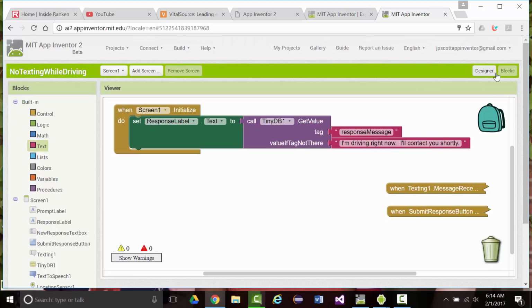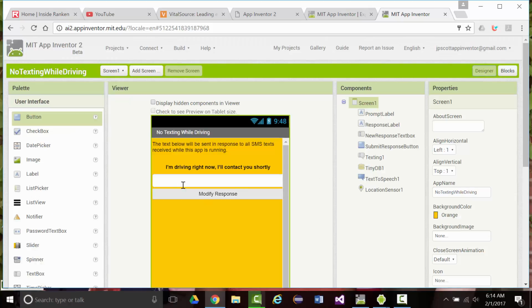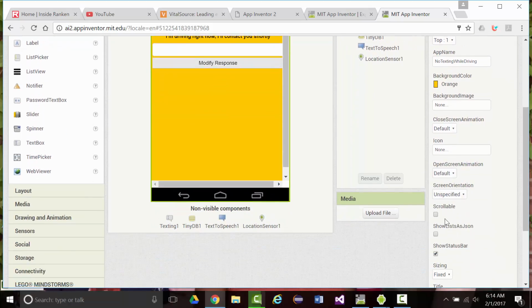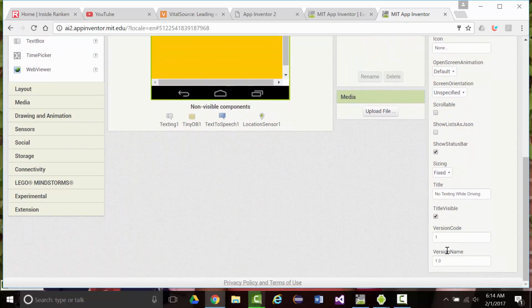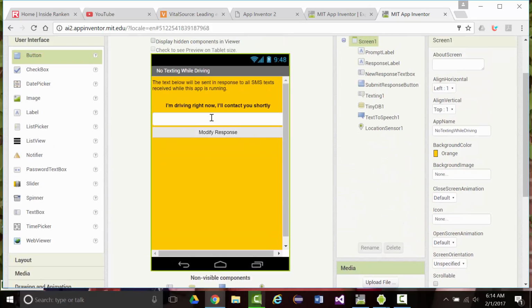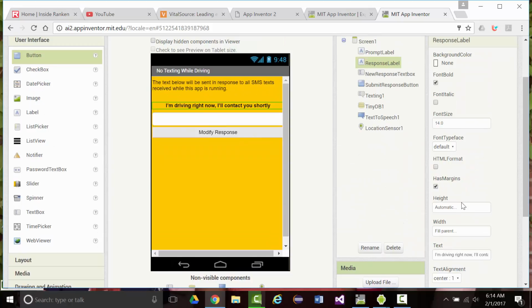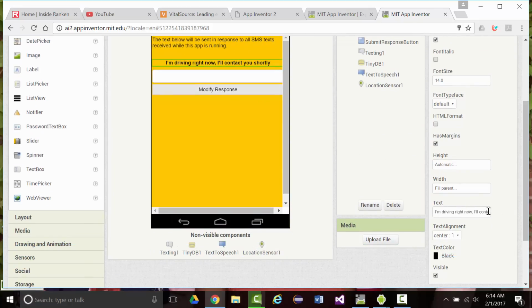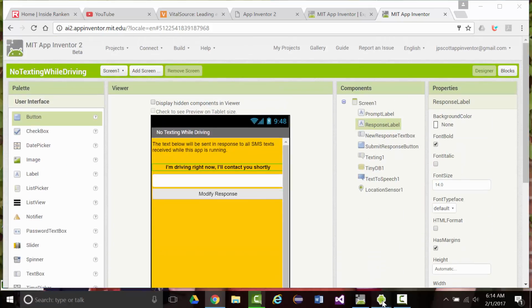One thing I wanted to mention to you too is if I go back to the designer, notice how this says, I'm driving right now, I'll contact you shortly. All right? And if I do come back in here, that's what it says here too. Notice how this says, I'm driving right now, I'll contact you shortly. If I do come up into the emulator,